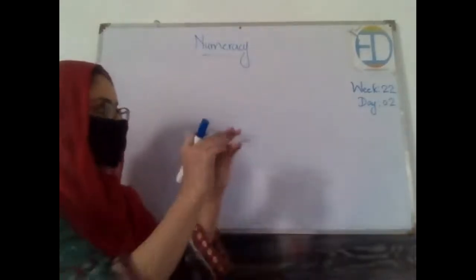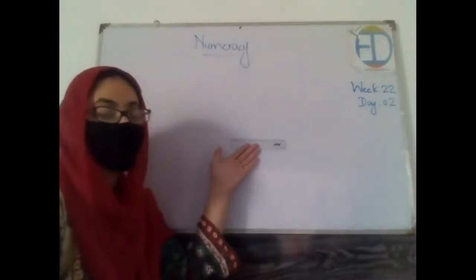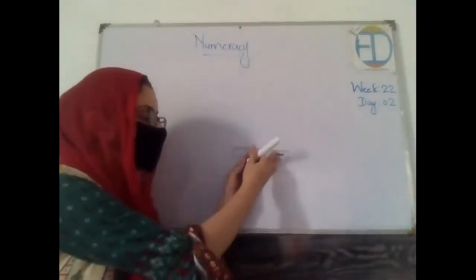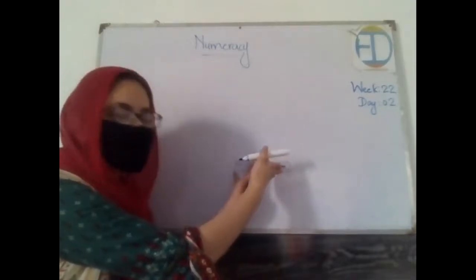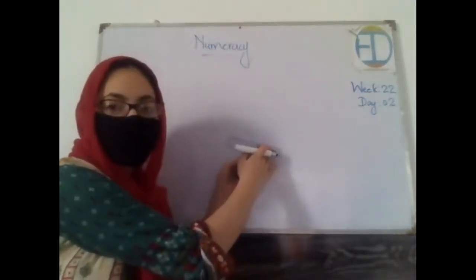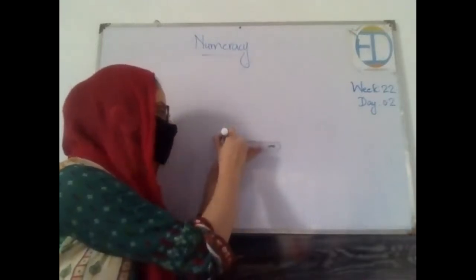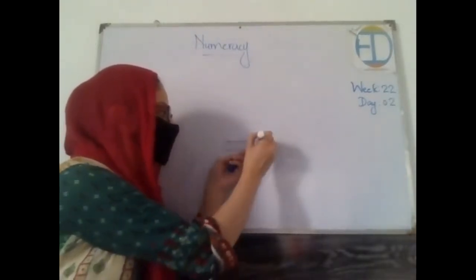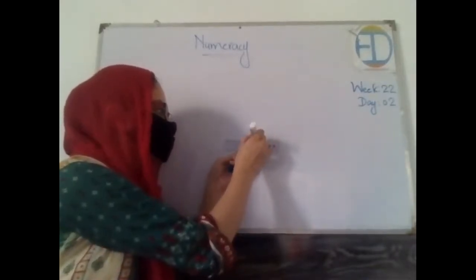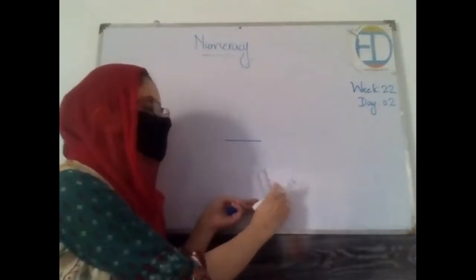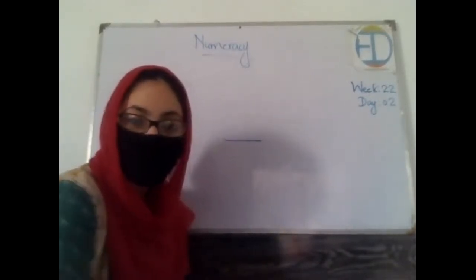Now what you will be doing, you will put the ruler like this on your notebook, like I'm putting it on the board. You will be putting it like this on your copies. And then you are supposed to select 2 points. Let's say I ask you to please draw a line of 10 centimeters. Now I will put the first point at 0 and the other one at 10. These are the 2 points. Now I will join these two and it will give us a straight line. Got it? This is how we draw a straight line.